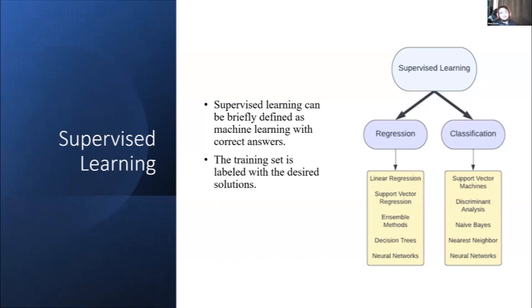Data sets may differ from each other, and while the available data can sometimes be labeled correctly, sometimes this labeling may not be possible. The variability in the data sets may require the learning styles to change for a successful result. Supervised learning can be briefly defined as machine learning with correct answers. For this type of learning, the data must contain certain information. As you can see, it separates into regression and classification. It is used in both problems.